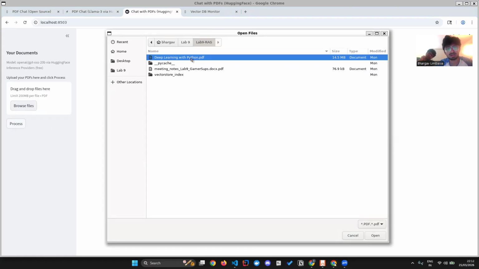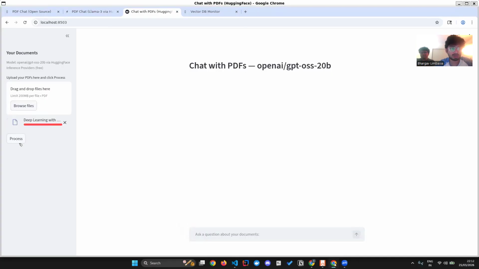So say this is a textbook which Harsh used to learn deep learning. I just copied it from him, and this is a really big book, 14 MBs of PDF. I process it, and what you'll see is a timer, and it'll also show which stage it is in terms of processing. And the last stage is creating the vector embeddings. Now, by the time this processes,